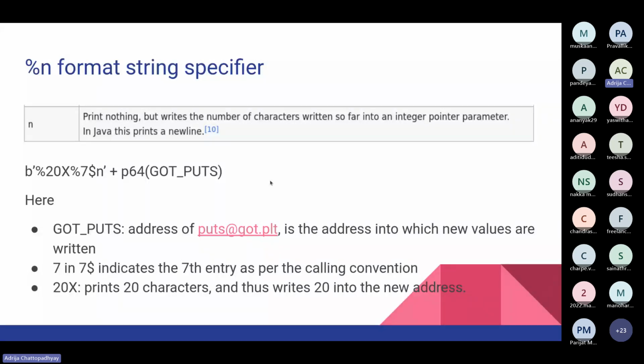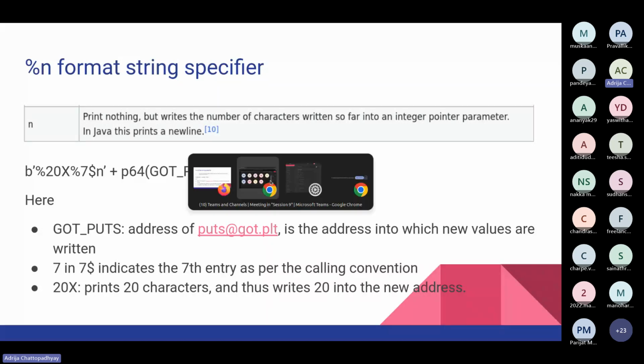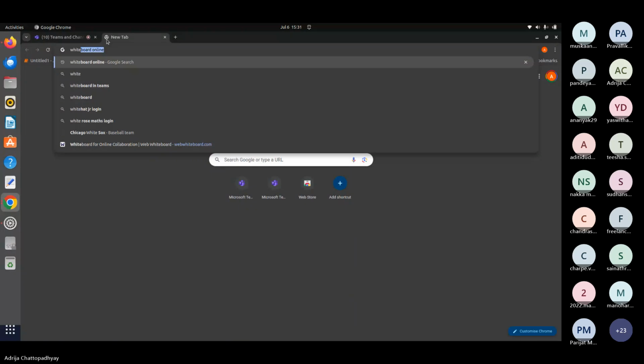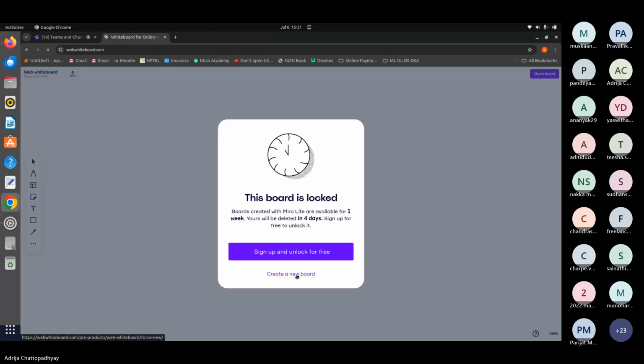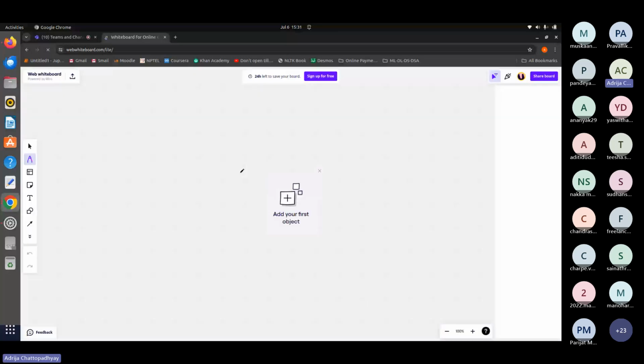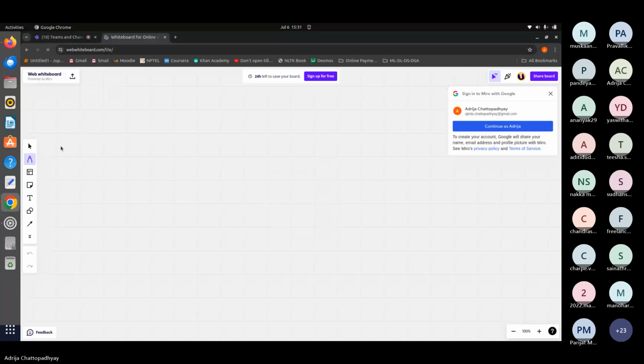1 second, I'll just connect my audio silence to it. Yeah. Yeah. Okay,